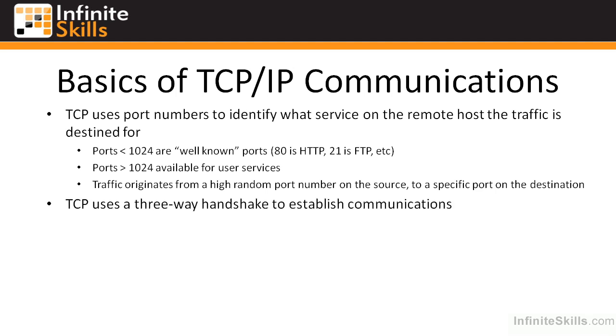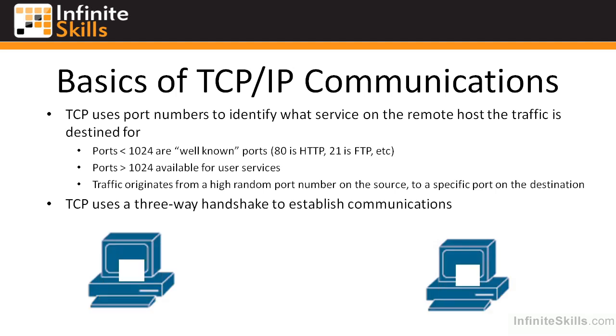TCP uses a three-way handshake to establish communications. I've got a little cheesy graphic down here to give you the basic outline of how it works, and then we'll actually look in Wireshark and see how it looks at a packet level. So let's say you've got two machines here, and they want to communicate. Machine 1 sends to Machine 2, hey, I'm going to start sending you traffic. I'm going to set the SYN bit, which is the synchronize bit, and I'm going to send you a sequence